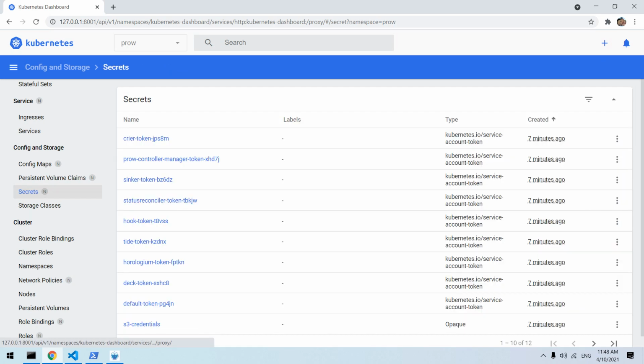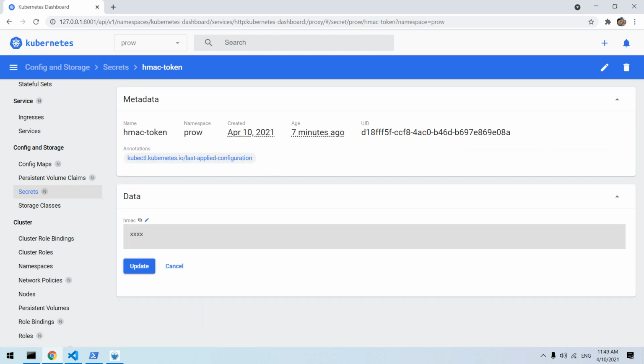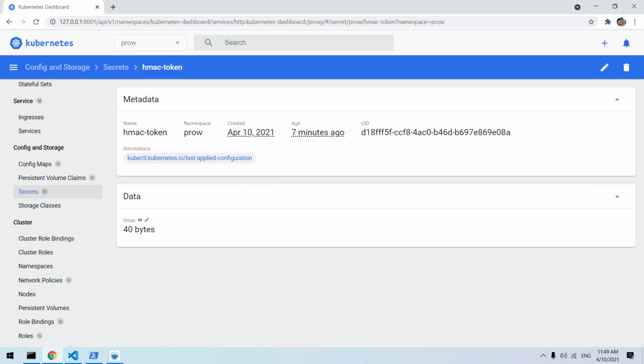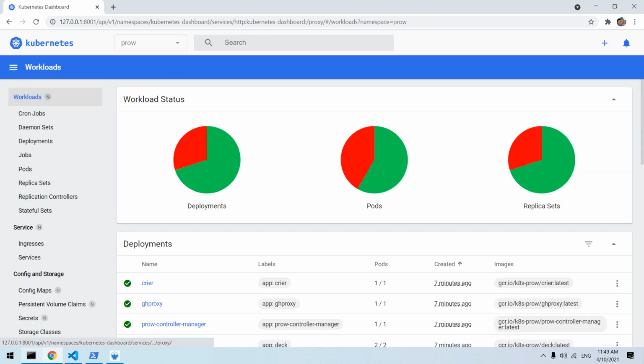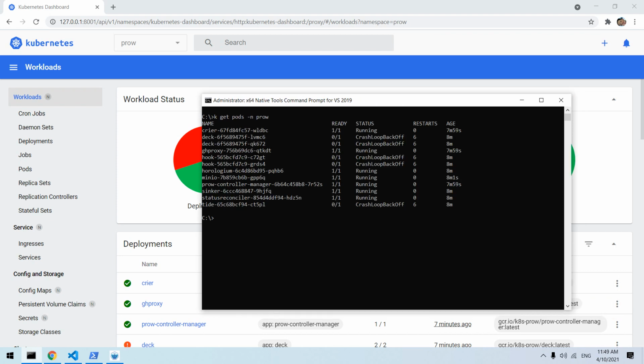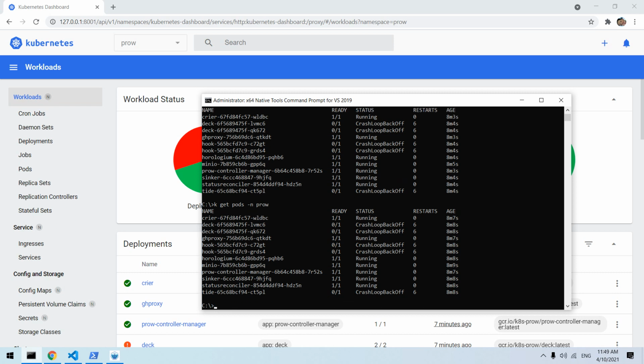Secret. Let's go to secret. Here's the... so this is saved. Now if you check after some time, they should stabilize at least.